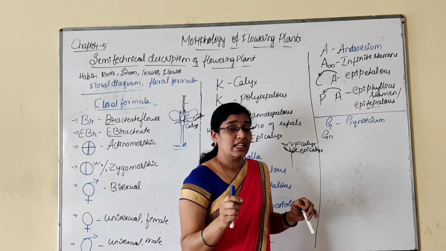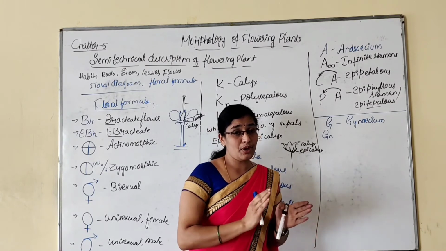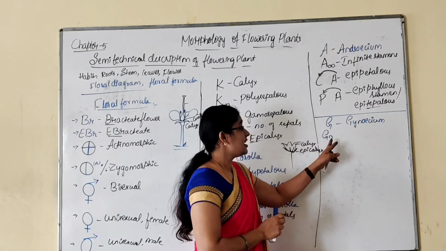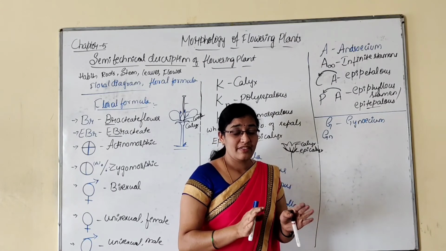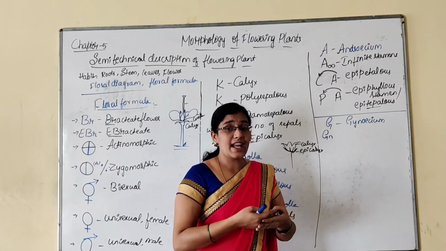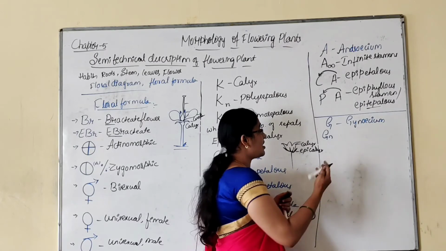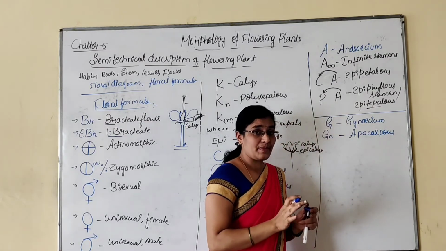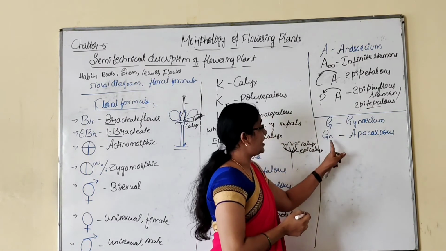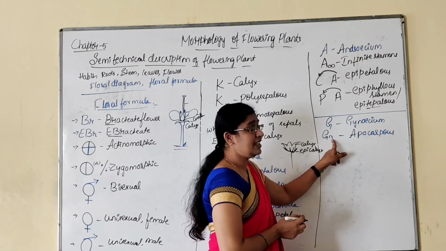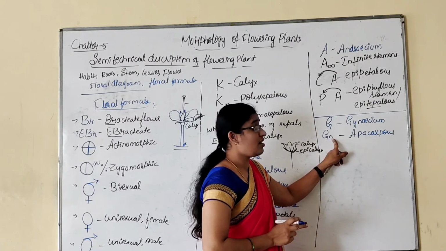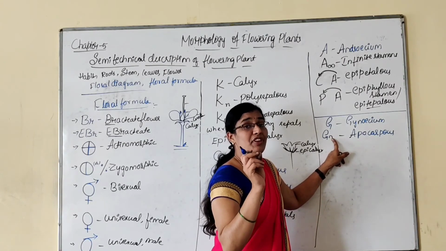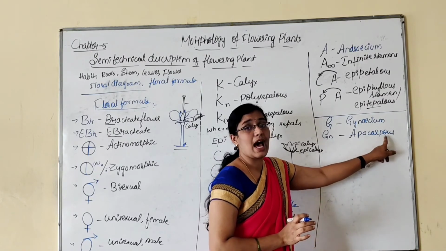And also you know that the carpels exhibit apocarpous condition and syncarpous condition. Apocarpous in the sense when the carpels are free, when they are freely arranged, when they are not attached with each other, that condition is called apocarpous condition. So for G, at its foot, if we are writing N, that means N represents the number of carpels and it is not shown within the brackets. If it is not shown within the brackets, that indicates the free carpels. Free carpels are called apocarpous.